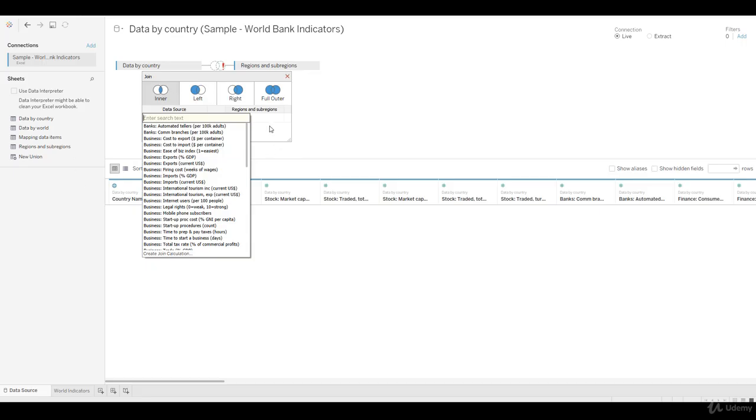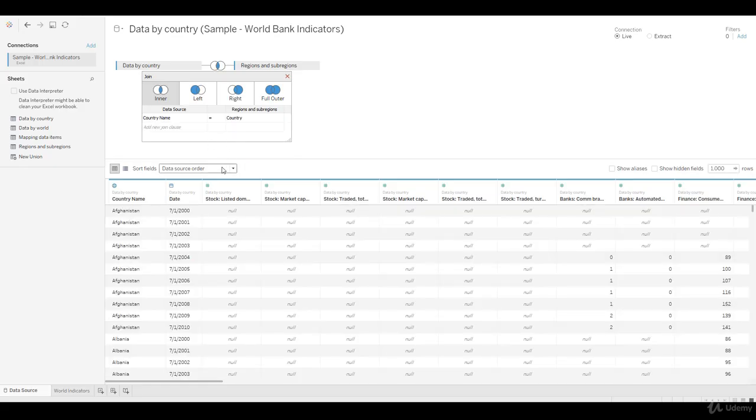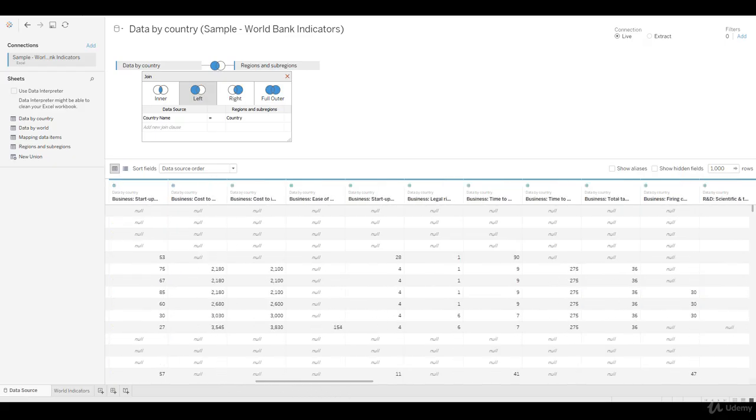All right. So there's a couple of things we need to do, right? So first thing is that it asks me which column to join. So on the data by country tab, use the country name, and here you use the country, right? So you join using both of them. So as soon as you do that, you see that by default it has taken an inner join. And let me go ahead and just make this a left join so that all the data from the first tab is accounted for. And then you see that both the data has been combined,